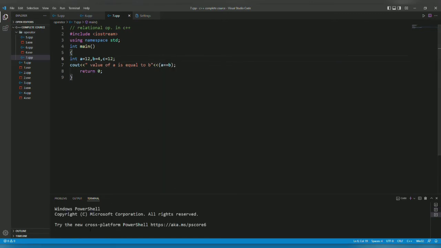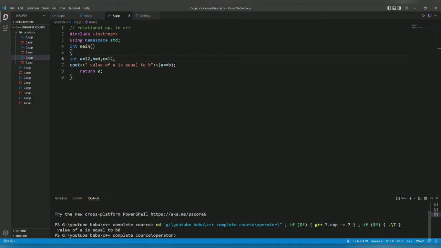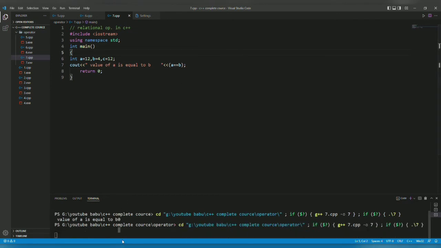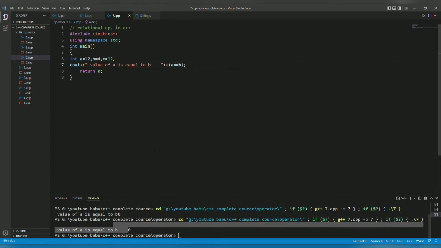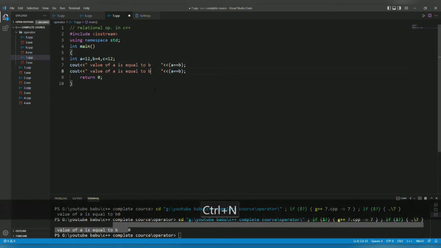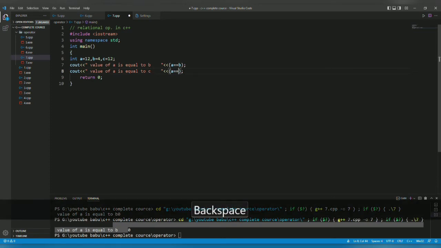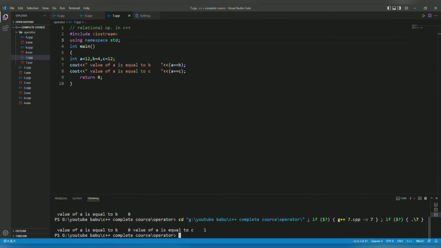When I run it, let's see, here it is coming as 0. I will make a space, so you can see here it is coming 0. When I type a is equal to c, you can see the answer is coming as 1.